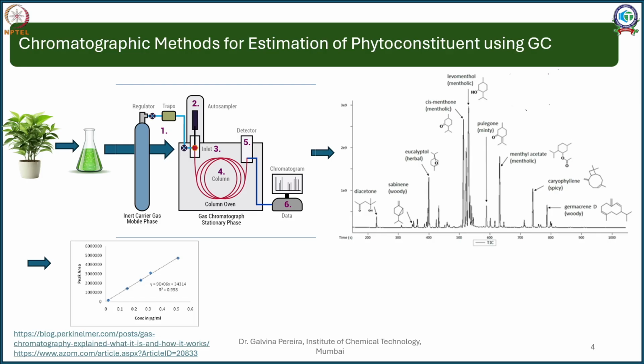in your eucalyptus. So if you take this eucalyptus, I will extract it in a solvent in which my volatiles are more soluble. In your HPLC, I wanted other compounds which were non-volatile; in this case, since my intention is to analyze the volatiles present in my eucalyptus leaf, I will choose a non-polar solvent, because most of the volatile oils or volatile ingredients are lipophilic in nature. So I may take a solvent like chloroform or hexane or dichloromethane to dissolve and extract. This solvent, once extracted, will be injected here.